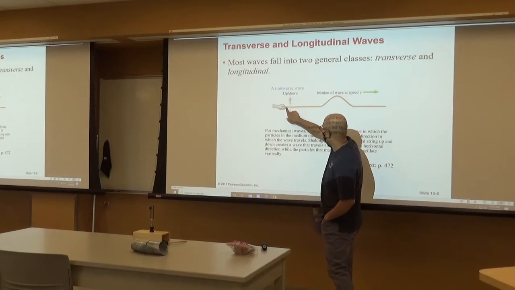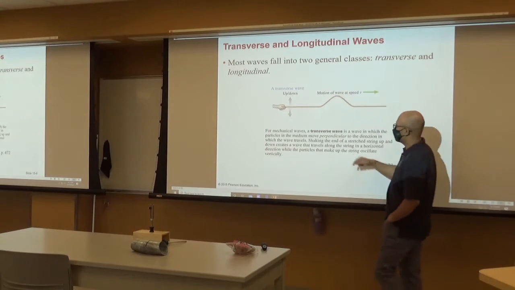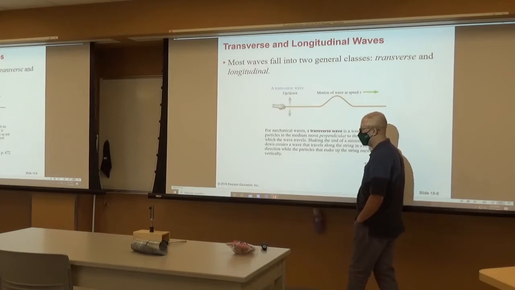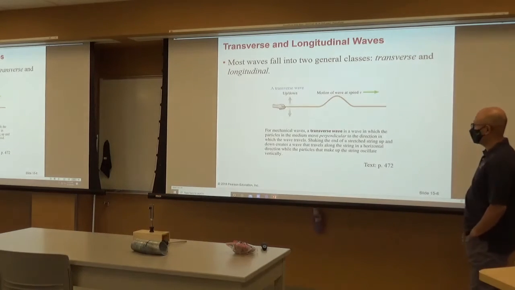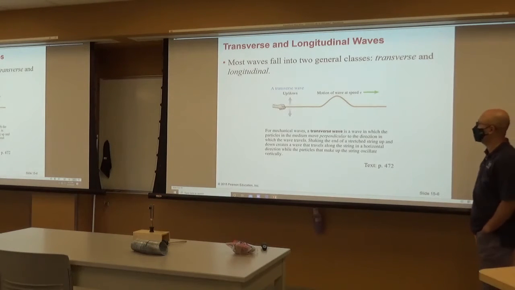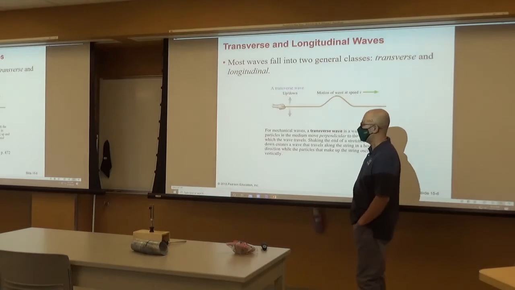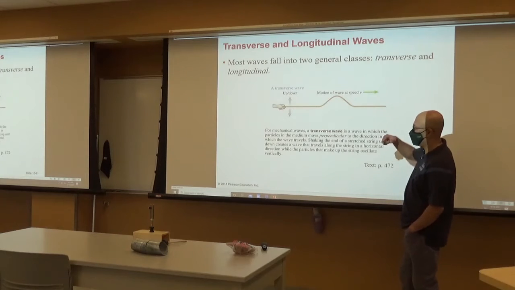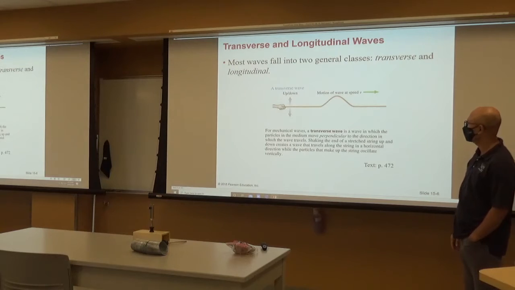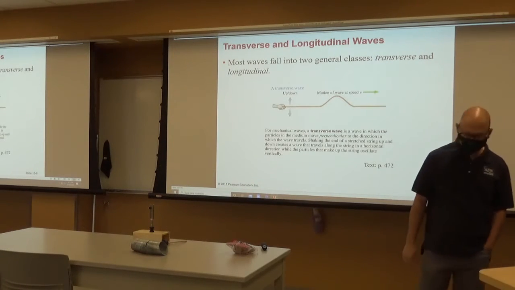So the wave is actually moving this way, whereas the particles in the medium are moving up and down, perpendicular to the direction of propagation. So transverse waves are the waves in which the molecules in the medium move up and down or perpendicular to the direction of propagation. Okay? So for example,